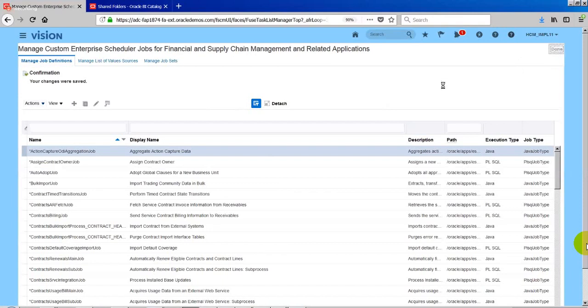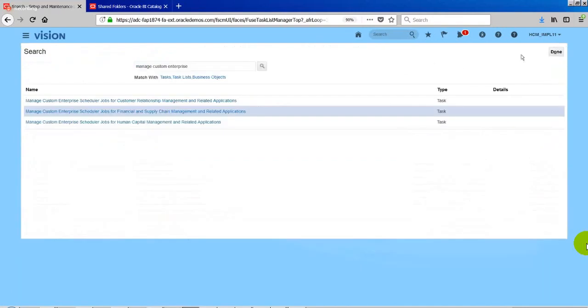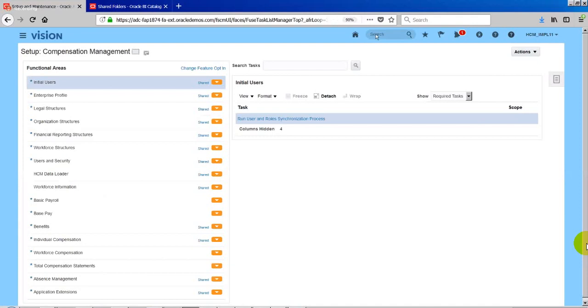Okay, done. And this job is created, which is available in the ESS user interface now, because I created it in the ESS node.